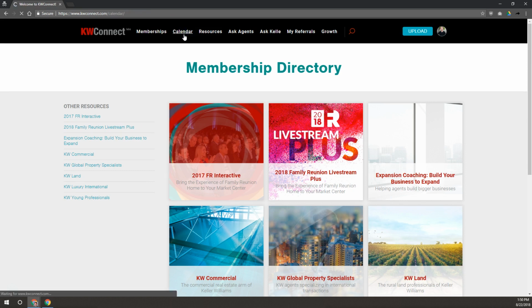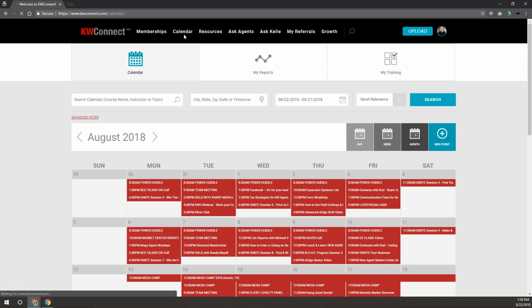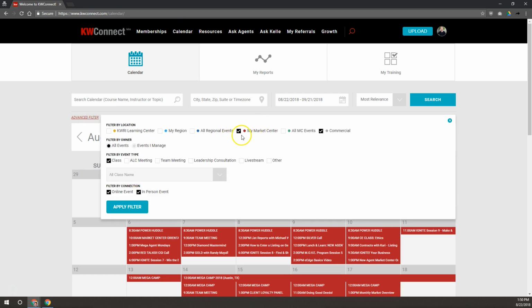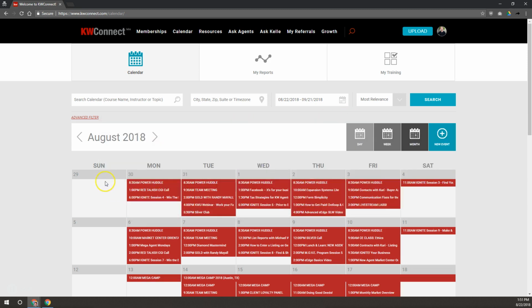For calendar, this one's kind of neat. This is the one that's pulling in the classes from everywhere across KW. So I'm going to advanced filters right here. These are just classes that are in Scott's Market Center. That's the only thing that's checked. If I uncheck this, and there we go, all MC events, and if I check that one and I apply filter,